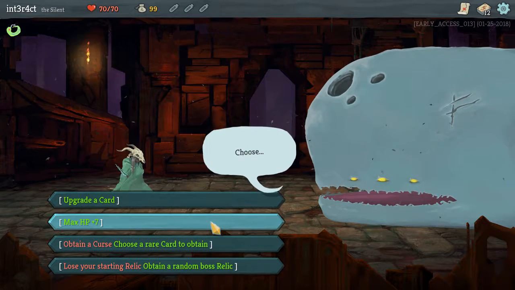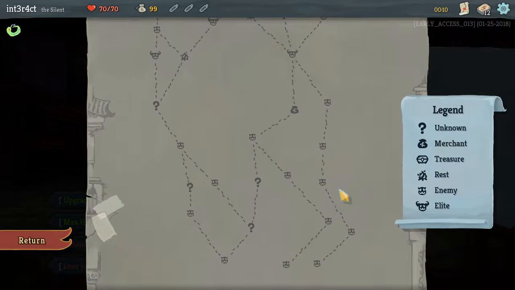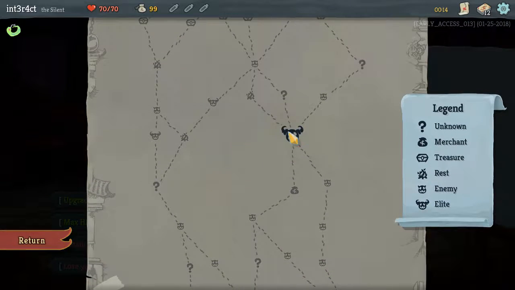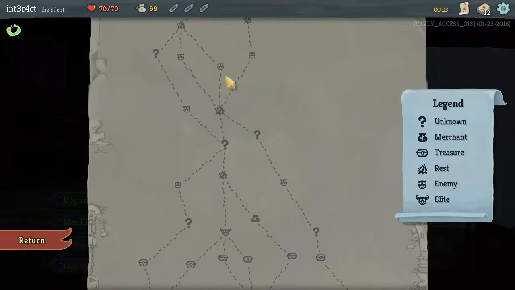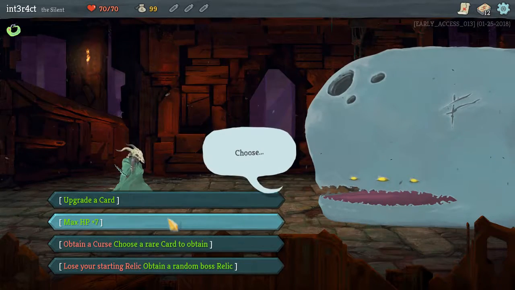Okay, plus 7 max HP is really good. So is upgrading a card. Let's look at our path here. We get a shop pretty early on, and then an elite with a rest right after it. That looks like a pretty good path. Then we have another option for another elite if we're feeling ballsy, or another merchant. Okay, so I think we're gonna go with...